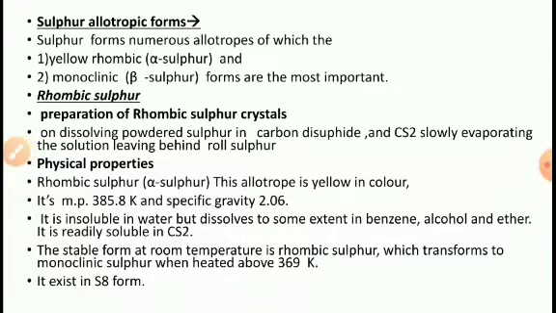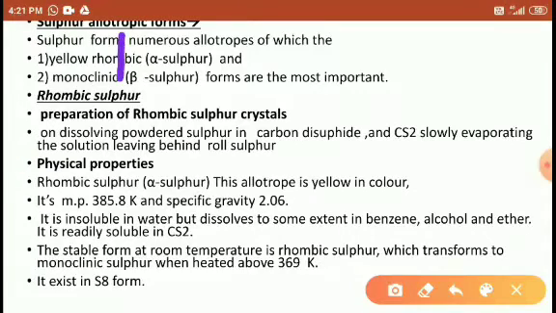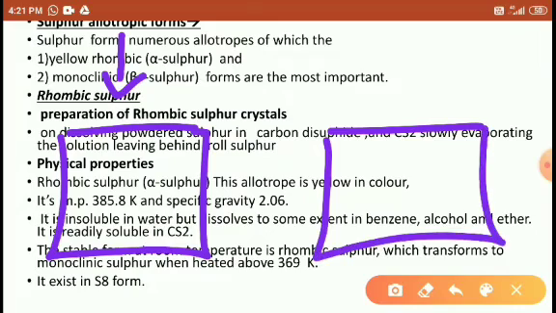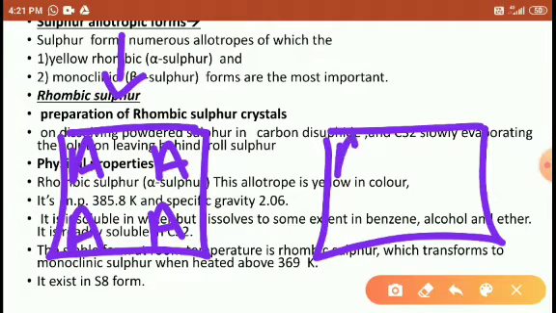Allotropes. Allotrope means a compound having the same chemical property but in which the arrangement of the constituent particles is different. That is called allotropes. For example, I am using these two structures. Here the A particles are arranged in this form, and here A particles are arranged in this form. Right students?